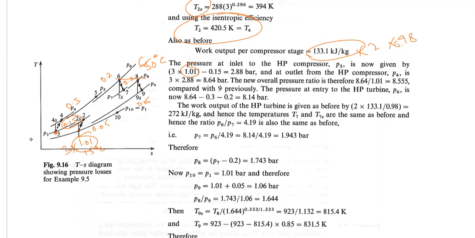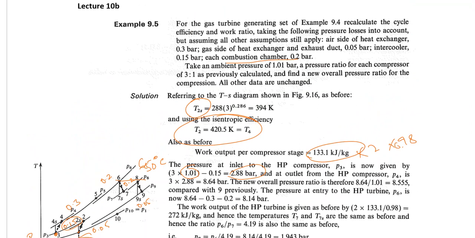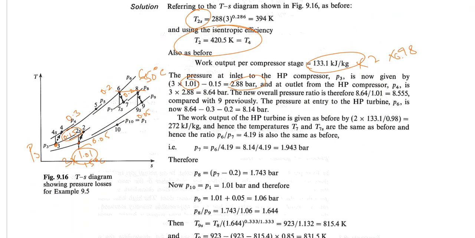So at P3, my pressure would be 2.88 bar. Now moving towards number four, the outlet of the high pressure compressor, which is actually P4. The pressure ratio for each compressor is the same, as it's written, 3.31. So for the same pressure ratio, I have the pressure now 2.88 bar, multiplied by 3. So the actual pressure I've got at state number 4, or P4,